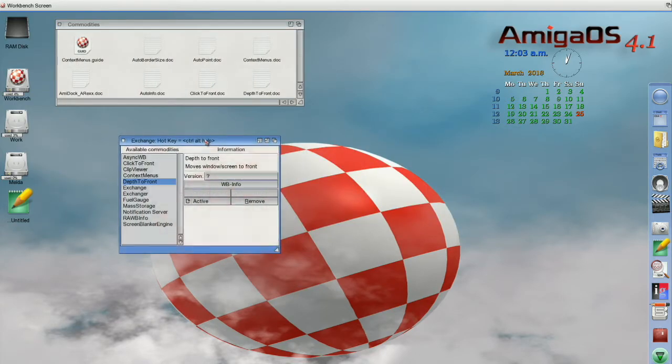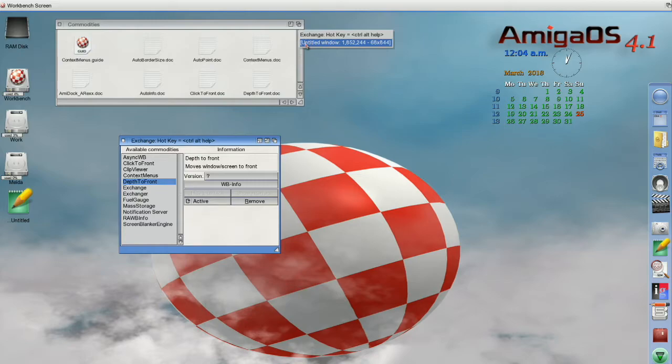Now we have two windows open. And go and right-click over the depth gadget here of Commodities in the Documentation drawer. And now I'm over this one, so it's not listing Commodities because I'm actually clicking there. So that's not going to add that to the list. But the Exchange, okay, well here's the Exchange here. Well, what is this untitled window? Well,